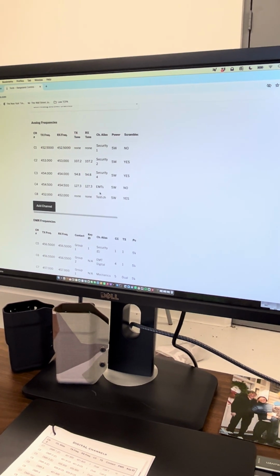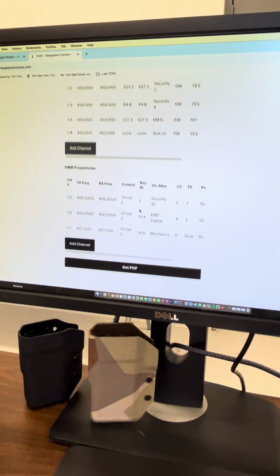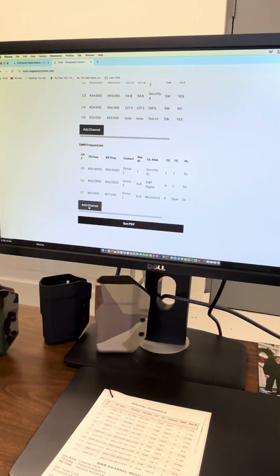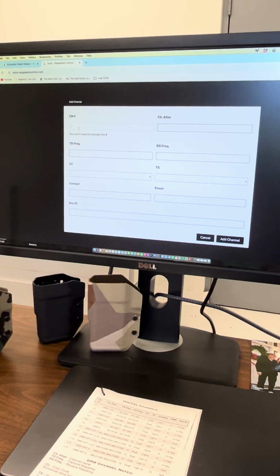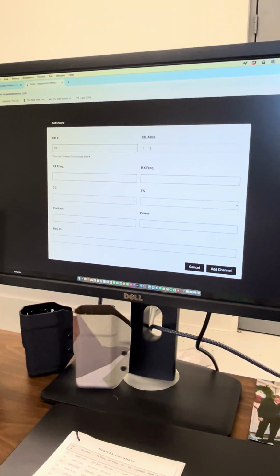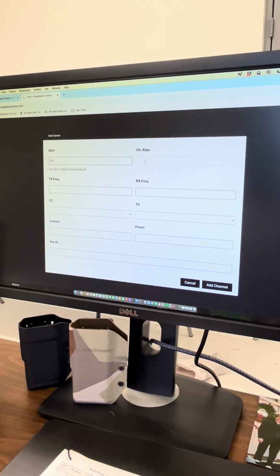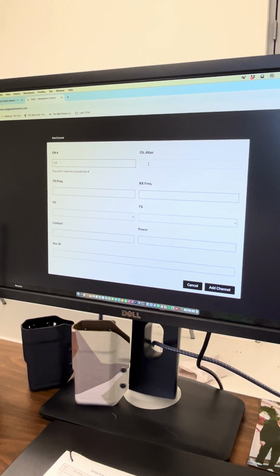And you'll see that that's been added down here. All right, so let's go ahead and do a DMR channel. We'll say that this one is channel number C9, and let's say this is a digital channel with a multi-key encryption. So we're gonna put